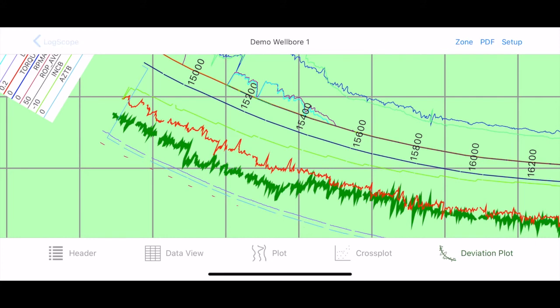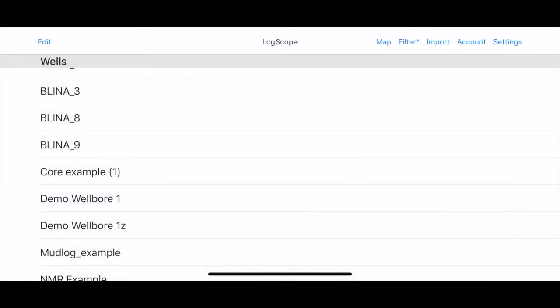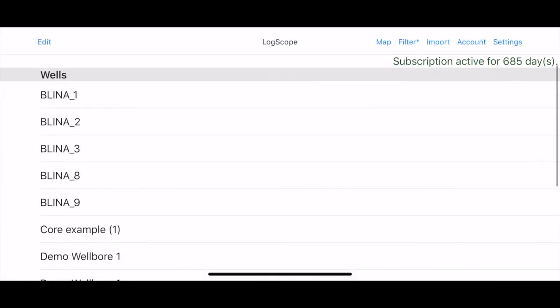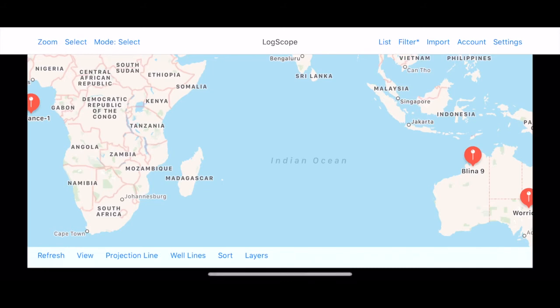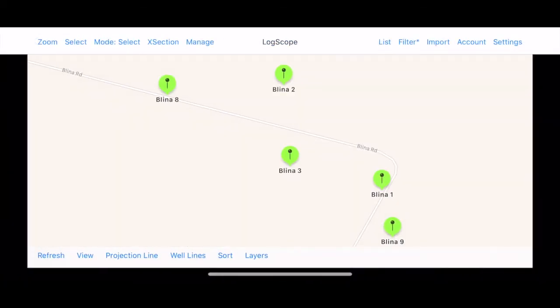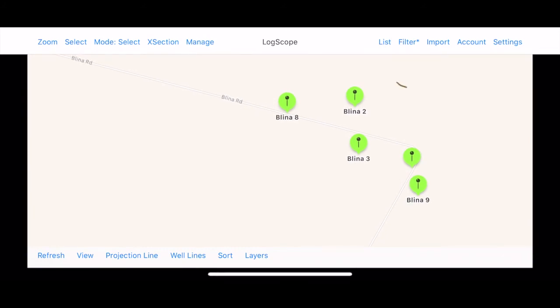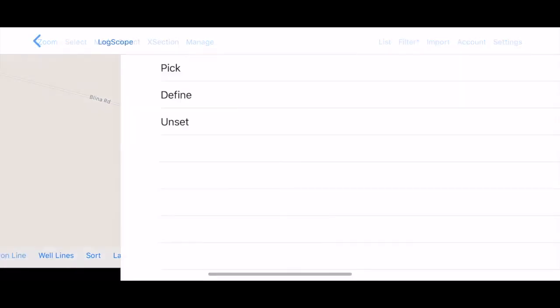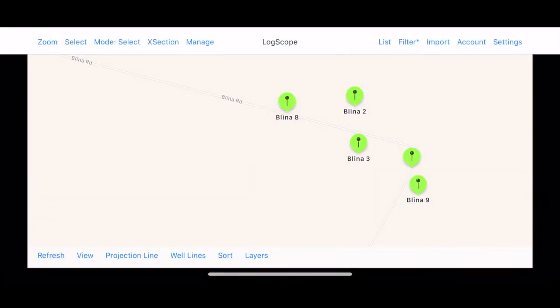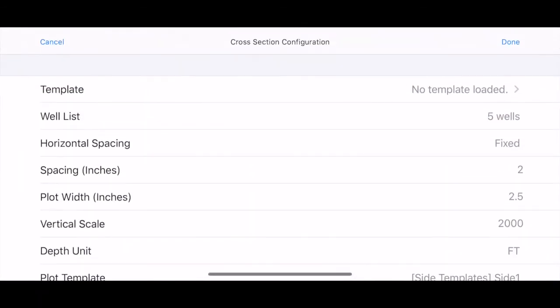LogScope also allows you to look at wells in cross section, so we're going to take the wells from this field called Liner, and we're going to circle them on the map. So you just take your finger, circle them on a map, and then we just use the zoom and select it, and we can see them. So I'm just going to squeeze it up a little bit, and then I just circle like so, and then I just pick a projection line, and it will do projection or fenced, and then I just hit the cross section,